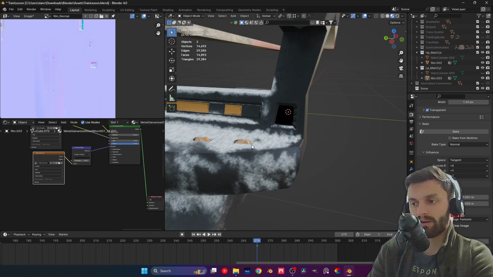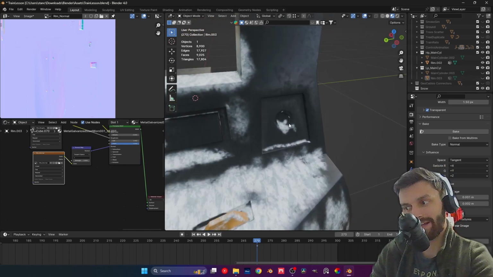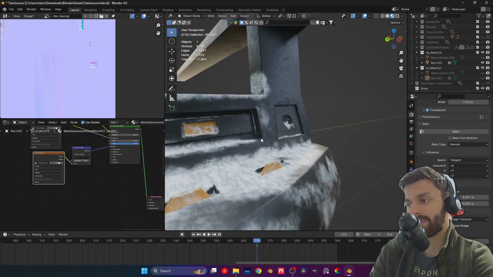Again, it's changing. So actually, let me show it to here. This is kind of changing a lot, the geometry. So I kind of knew that it might not work. But as you can see,